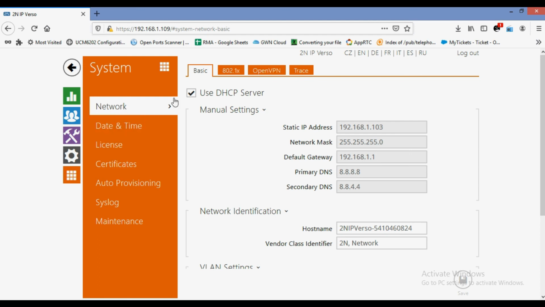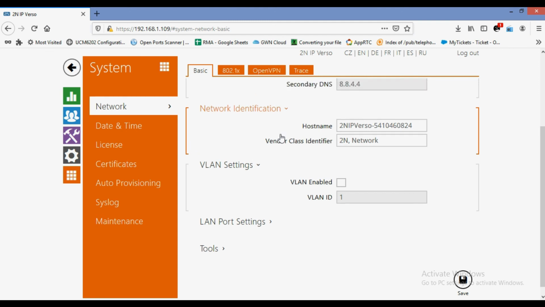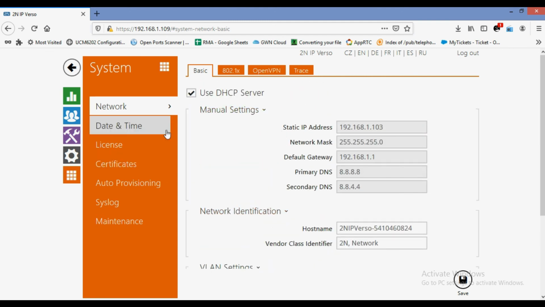And here you can configure your DHCP or manual IP address. I'm using DHCP to get the IP from my router. Date and time,